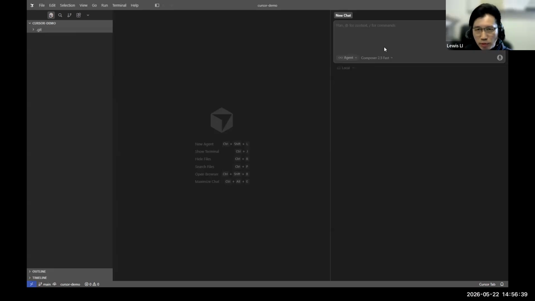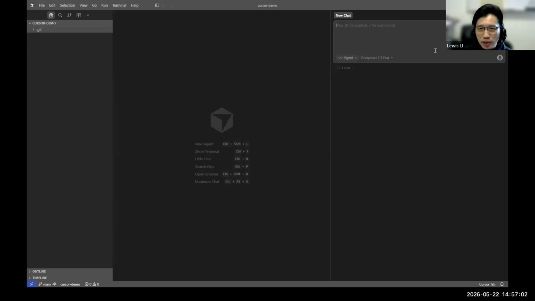This is the place where you type in your prompt, just like when you work with OpenAI, Copilot, or ChatGPT. After you type and submit the prompt, Cursor will generate the code for you in the middle here. We will do some demonstration later on.